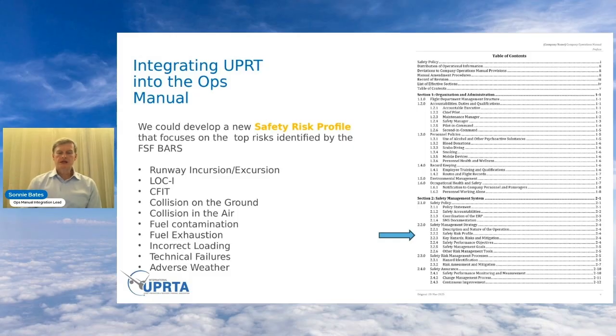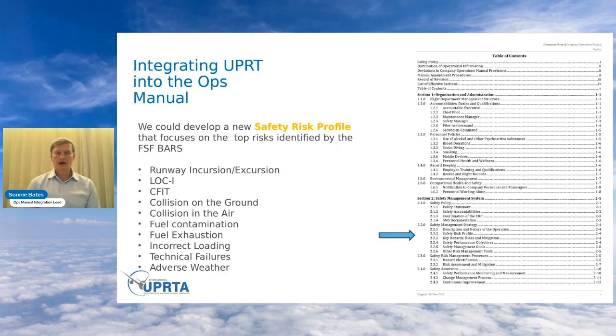So one of the places that became pretty obvious to me, and I know from what I understand, there's another team on UPRTA to look at the safety risk profile and possibly enhance the safety risk profile of an organization. And by the way, again, coming back to IS-BAO, for example, if you're an IS-BAO certified organization, you have to have a safety risk profile. And when I was with the IBAC staff and promoting IS-BAO, we did not have at that time, nor do I think there is today, and so therefore comes the opportunity, a line item on the safety risk profile that